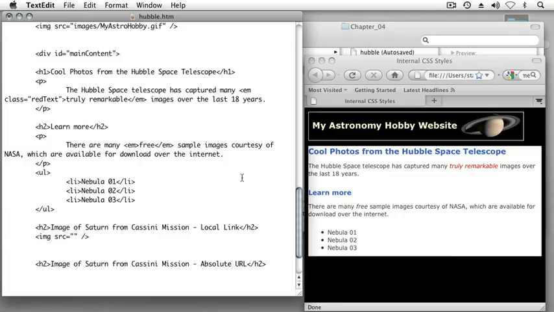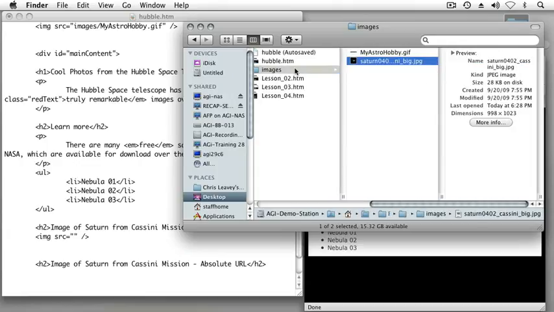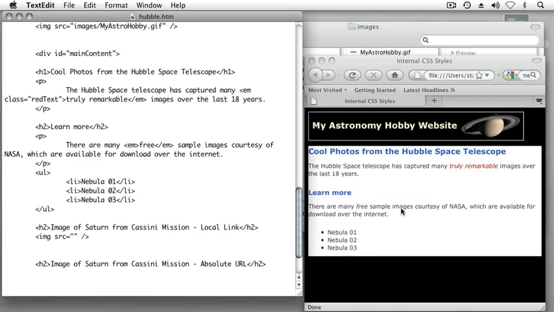And since we know the relative location of the hubble.htm file is on the same directory level or same folder level as the images directory, the local path to the image of Saturn is images/Saturn0402_Cassini_big.jpg. Now if I save this file,